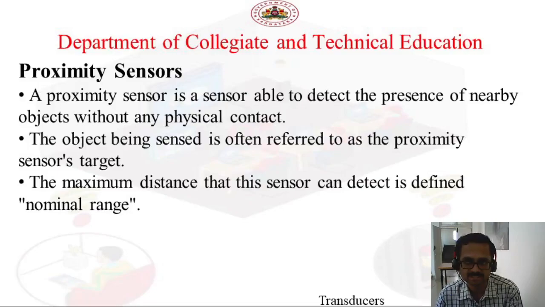The maximum distance that the sensor can detect is defined as a nominal range. Okay, so ನೀವು ಪ್ರಾಕ್ಸಿಮಿಟಿ ಸೆನ್ಸರ್ ಅಂದ್ರೆ thousands of kilometers ಅಥವಾ hundreds of kilometers ಎಲ್ಲ ಮೆಜರ್ ಮಾಡೋಕ್ಕಾಗಲ್ಲ. Probably that measuring distance is in terms of meters. Okay, for example, automobile vehicles ಅಲ್ಲಿ